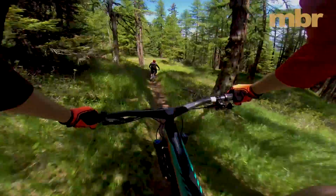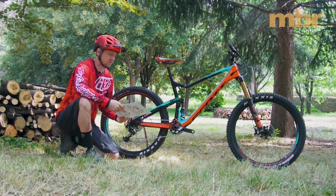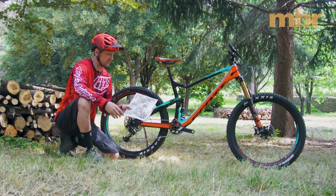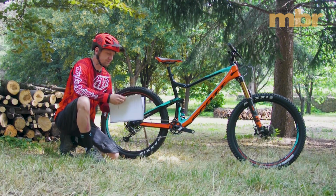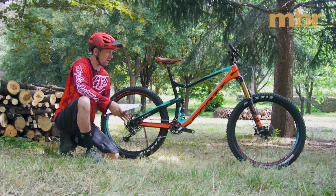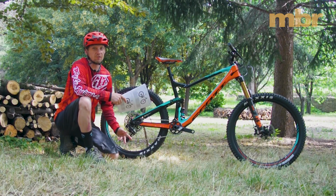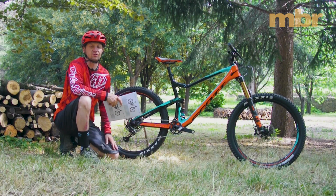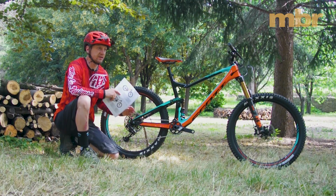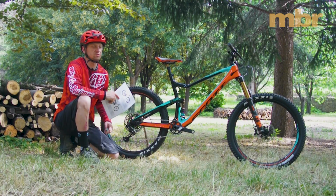Just going to talk a little bit about the geometry as well, which has changed quite a lot on the new Genius. And as with every Scott launch, there's a fairly hefty tech book to go with it. I think that the key points from the Genius are that it's, surprise, surprise, longer, lower and slacker, but I think actually for a mainstream brand, Scott have done a good job of increasing their sizing and making their geometry